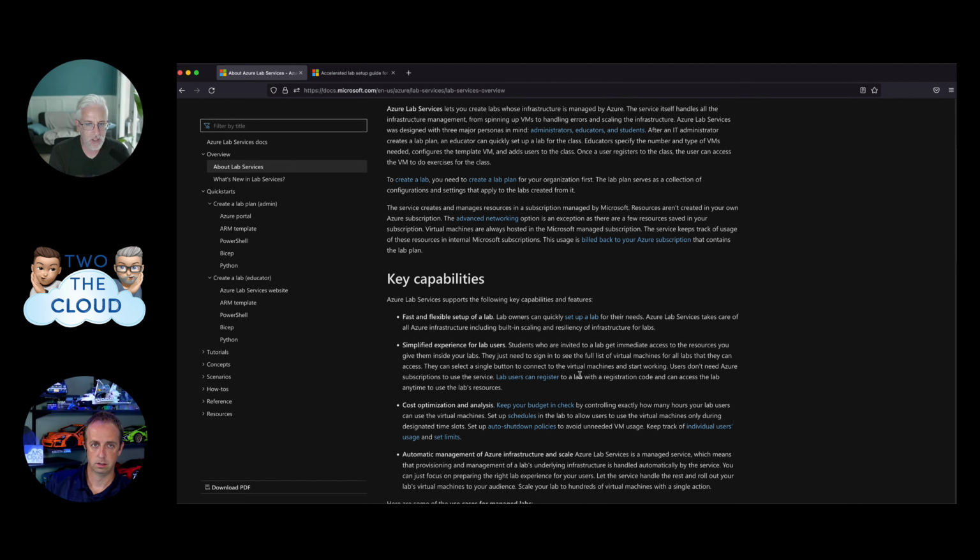Where it's probably less flexible is in the units of compute that you have access to. You might be used to browsing through a couple hundred different VM series and all the permutations of sizes, like I want a DSV4, a DSV5, this, that, the other thing. VM series are abstracted away from you in this service.